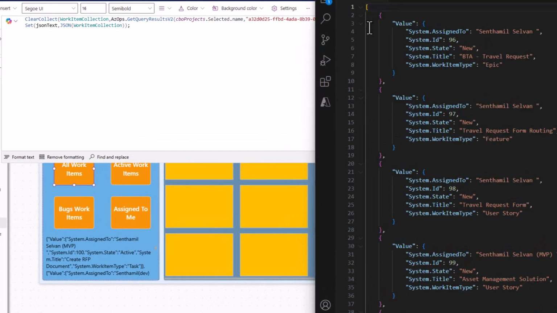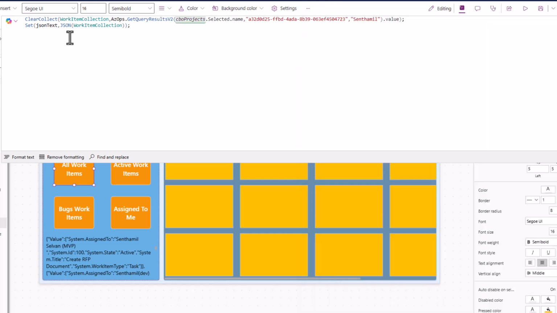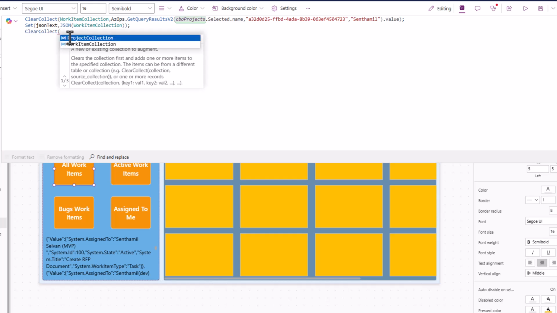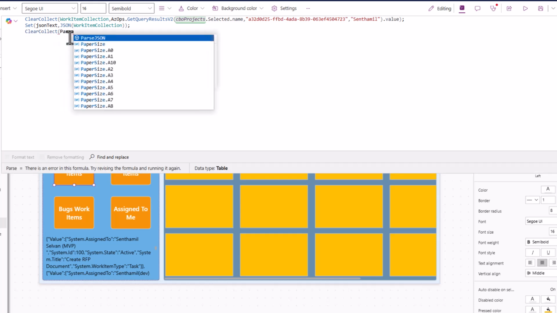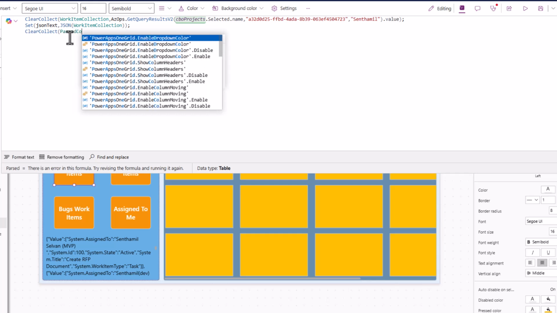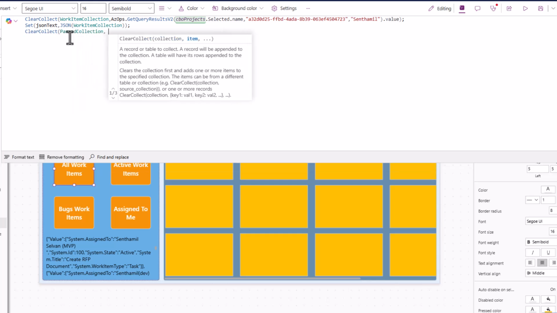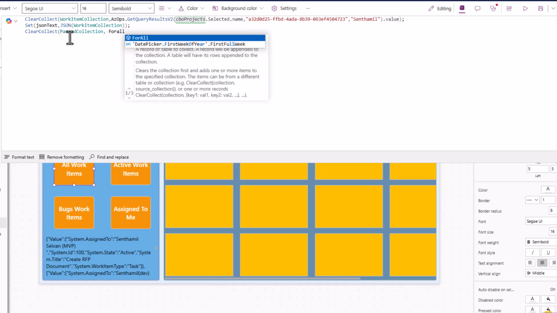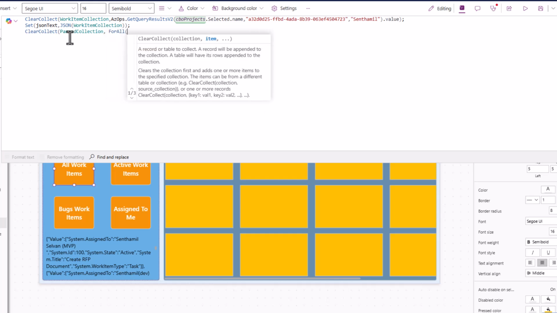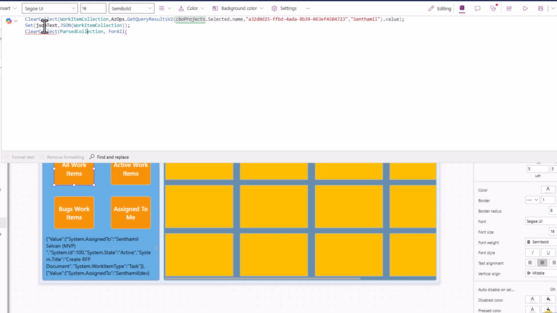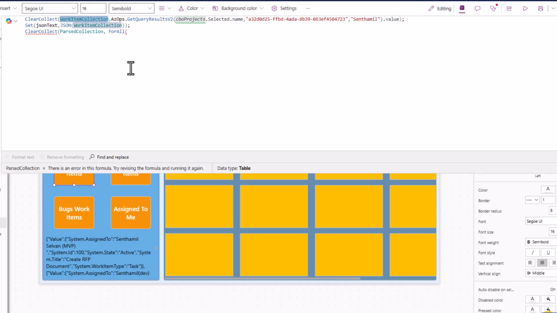Okay, this is an array of objects, and these are the properties. So first we need to again clear collect, and I'm going to name it as parsed collection, and this parsed collection I'm going to get it from ForAll, and then the work item collection. The work item collection is an array, and I'm going to iterate that